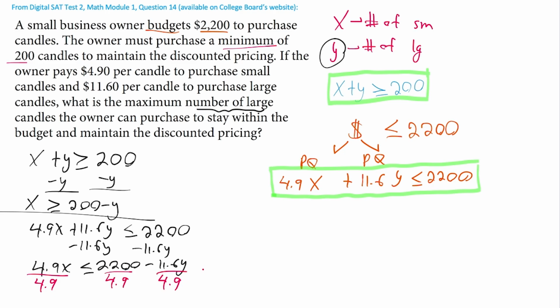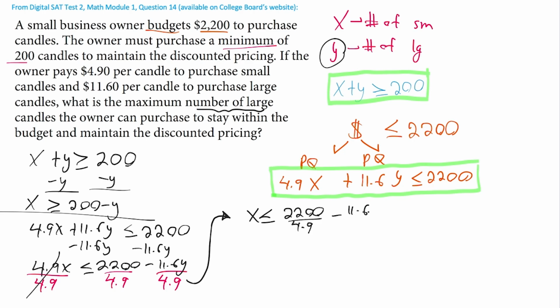Now don't worry too much, like we said, about simplifying these. The SAT has these really sort of intimidating numbers, and so a lot of the time you can just kind of keep them, unless you're in some situation that requires for you to simplify, like if you're choosing between answer choices. But for now, we can just leave it as x, right here it cancels, is less than or equal to the 2200 over 4.9